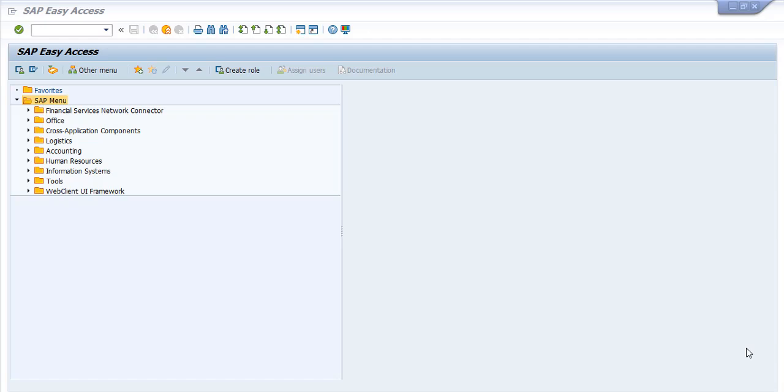Hello and welcome to another SAP Workflow Expert video. Today, we're going to create your Hello Workflow template in the Workflow Builder. To get to the Workflow Builder in SAP, there are two ways. You can enter a transaction code in the transaction code screen. The transaction code is SWDD. Then you can click the green check mark or hit enter on your keyboard, and that'll bring you to the